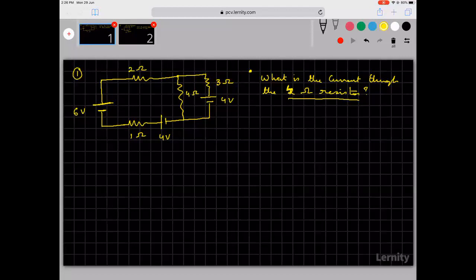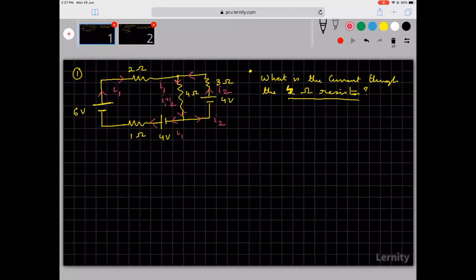So here is a question. What is the current through the 4 ohm resistor? Whenever I get a question, the first step is to try to draw the currents. You can start from anywhere. That's what I've been telling you always. I always like to start from the one which has the highest voltage. So this is 6. This is I1, and the I1 is going this way. From here, let I2 be going this way. Both I1 plus I2 will come this way, and then again it goes. I1 goes back this way and I2 goes back this way.